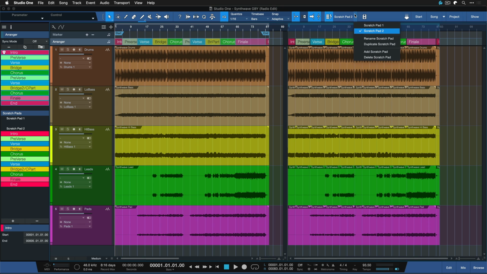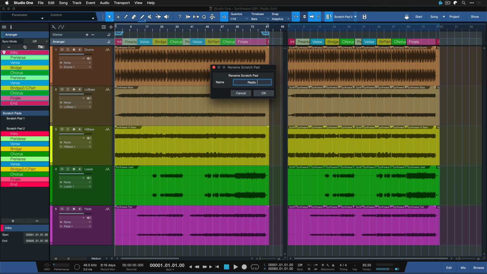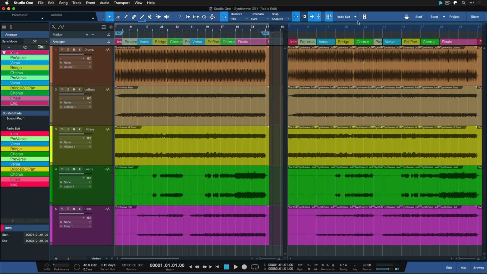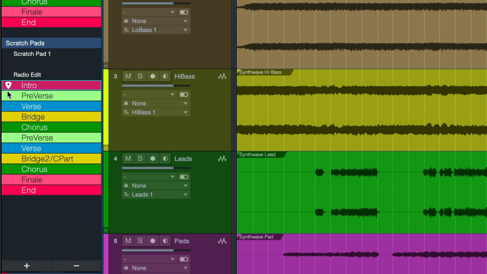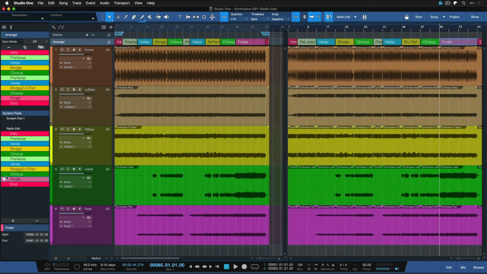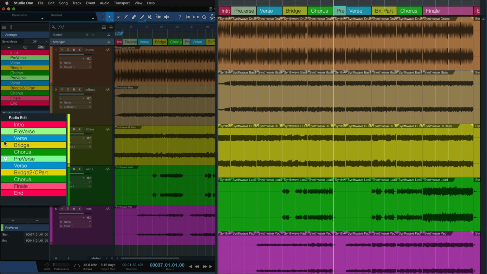You can also rename that if you want. I'm just gonna rename the scratch pad to Radio Edit so I know exactly what I'm doing with this. And now I'd like to use the track inspector, go to the arranger track, and then just go through these different sections here on the scratch pad to try out different orders that could also work as an alternative to